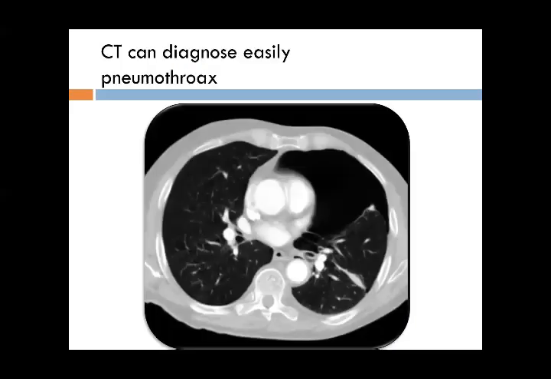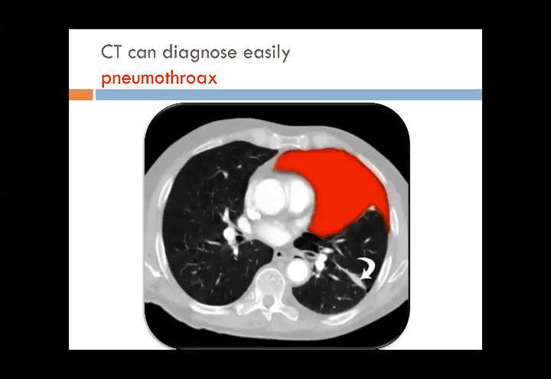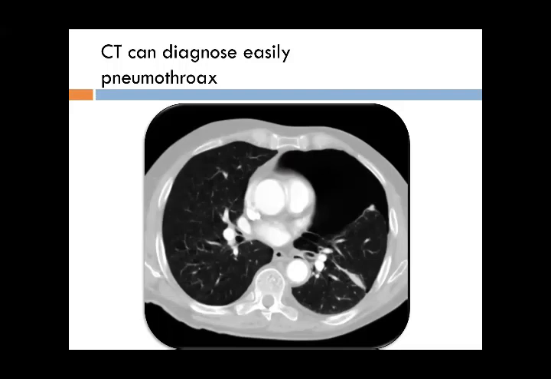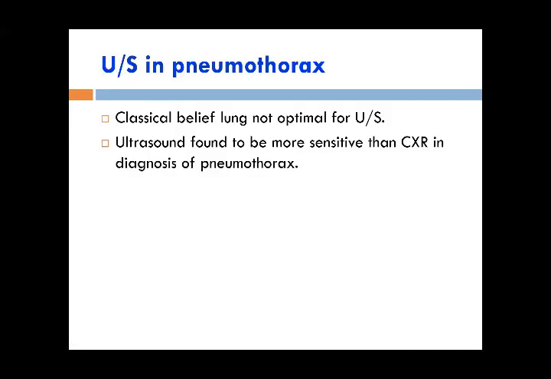This is a CT scan to show the pneumothorax. This red area is the pneumothorax. If you compare it, there is no lung marking in this area, and in this area the lung is pushed toward that side. So this is the pneumothorax. Ultrasound in pneumothorax is usually done sometimes to see the lung parenchyma or any pathology present there, but ultrasound also tells us if it is loculated, or if there are blebs or cystic areas present in the lungs.